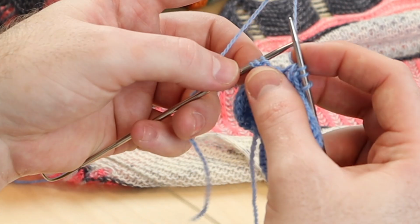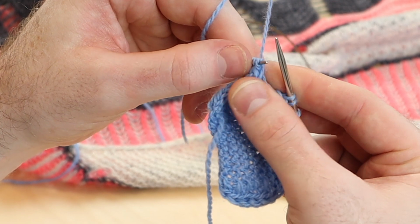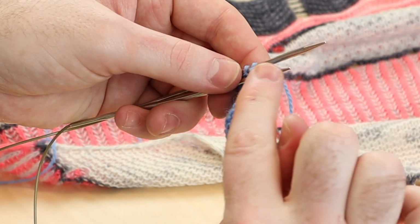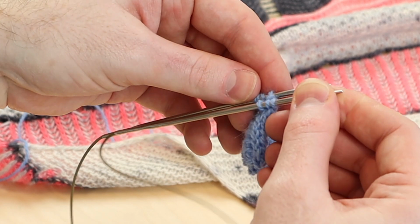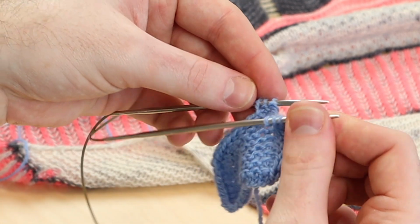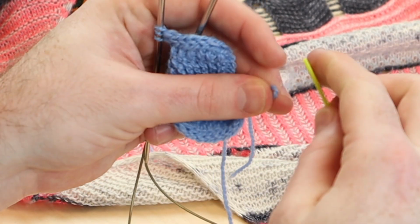And then before we graft, we need to change the position of our left needle, like this, so that our needle tips are facing to the right and the purl bumps of the 3 stitches are kissing each other. So I'm looking at the smooth knit stitches on the outside and the purl bumps facing each other. Place the broken strand of yarn onto a tapestry needle